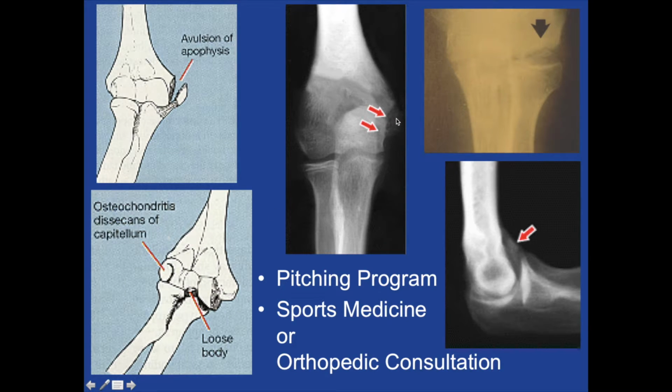This is an example of a medial side epiphysitis, and this is an example of an osteochondritis dissecans here. And the key in this is recognizing that this is a potential and actually preventing it. And the way we prevent it is by pitching programs. And there should be a limit in the amount of pitches both in practice and games that these young athletes